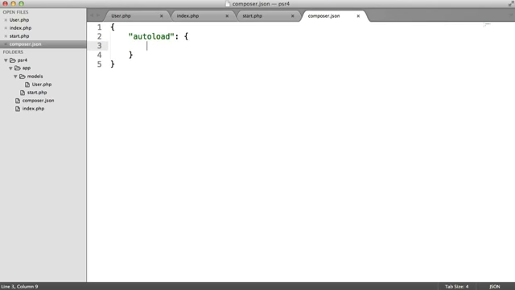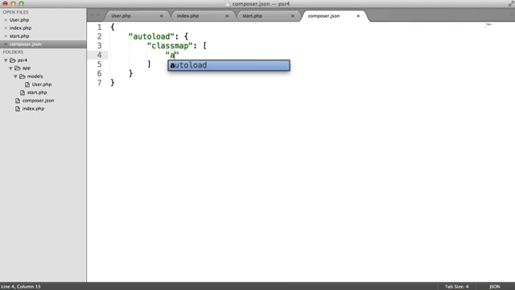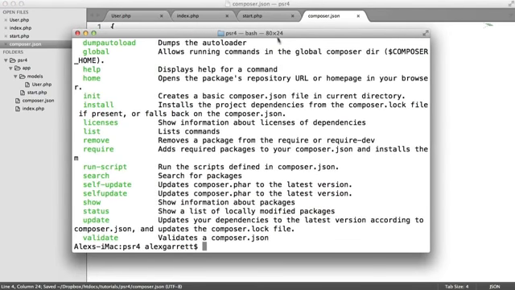So there are a couple of ways we can do this, but typically you might see something called a class map, and this is just an array within here of any folders that you want to automatically load in classes. So because we're outside of the app directory, all we need to do is say app models. So if you head over to your command prompt or terminal, depending on what operating system you're using,